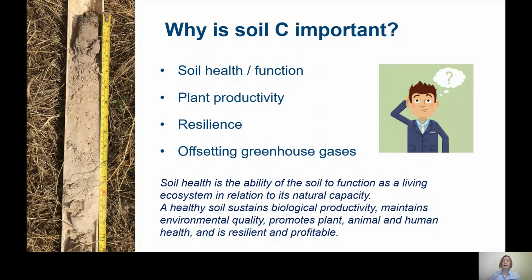So we need them to provide us with a function that helps us. And part of that is plant productivity, so how we can grow quality food. It's not always about growing more, it's about growing what is useful for us to feed our livestock, what is useful for us to get product off of, such as grain or grapes. We also want to know the resilience of our systems. We seem to be coming up against more extreme events, and we really are looking for our soils to be able to bounce back quicker from these, such as the fires, the floods, the droughts, the frosts, and just being able to get going again in a shorter amount of time.